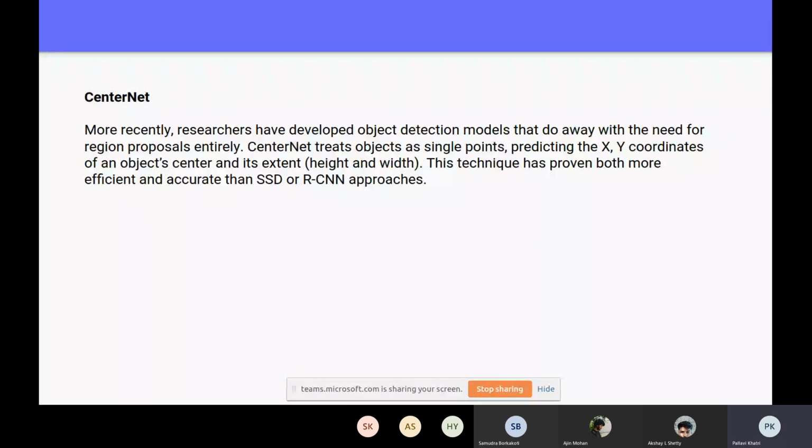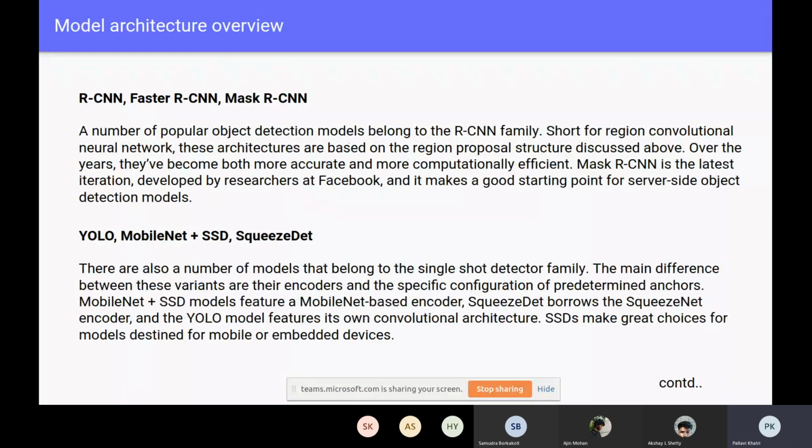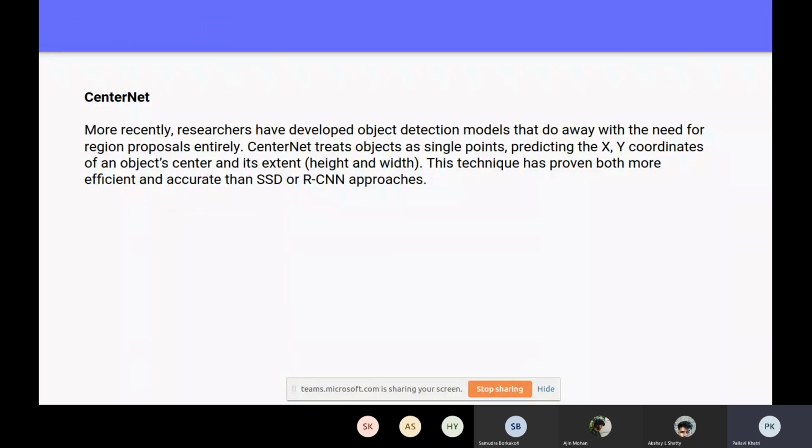This technique has proven both more efficient and more accurate than SSD or RCNN approaches. So there are three high-level families which I have talked about. Now I'll pick some of them and show how they predict.